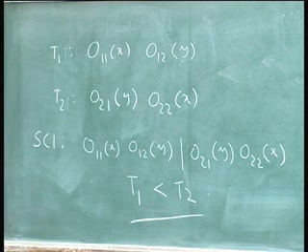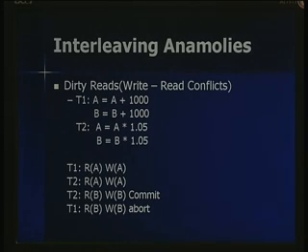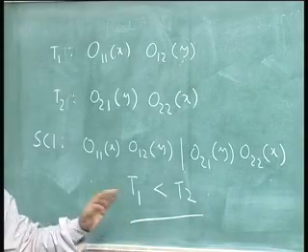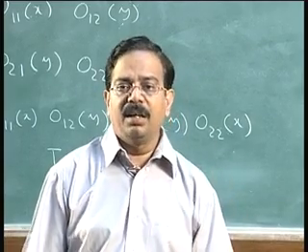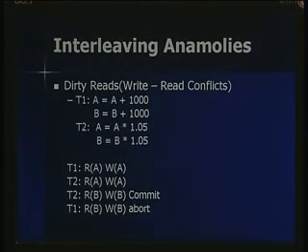The only case where you will have problems is when some operations of T1 are executed in such a way that they are interleaved with the execution of the operations of T2. Then the problem of deciding whether the schedule is equivalent to a serial schedule, where all the operations of one transaction finish before the other, becomes an important requirement, and that is what we are going to look at: how that can be done. In this particular case, all that will be required of us as a criterion when a schedule is produced is